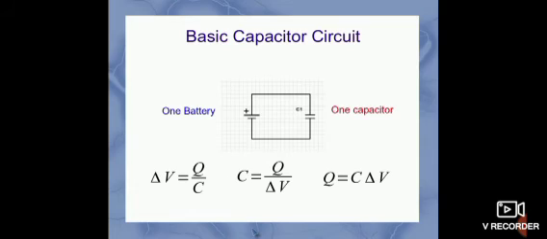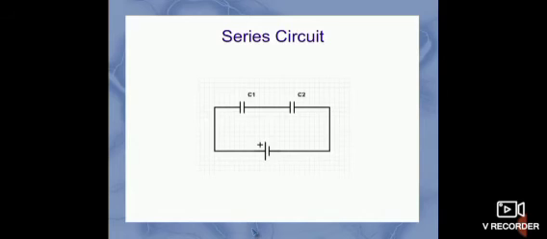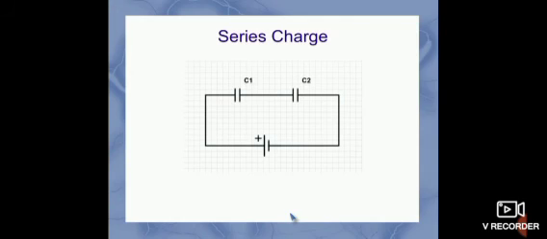For the basic capacitor circuit, we know the equation V equals Q by C. Let us consider the series circuit. In the figure, C1 and C2 are connected in series across the battery. There is only one path around the whole circuit, so the charges are equal. For the capacitor C1, one plate has plus Q and the other plate has minus Q charge. Similarly, C2 has plus Q and minus Q charge. Therefore, the charge for capacitor C1 is Q1 and the charge for capacitor C2 is given by Q2. Q1 and Q2 are equal.